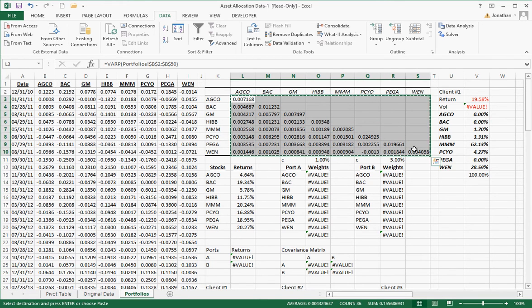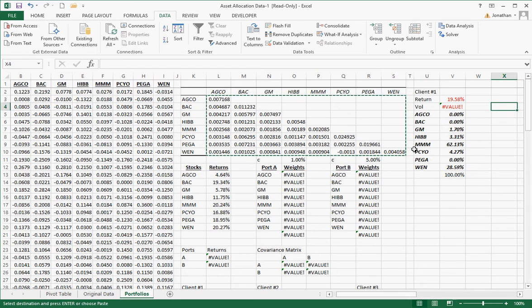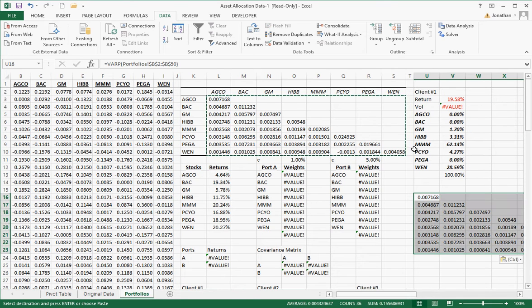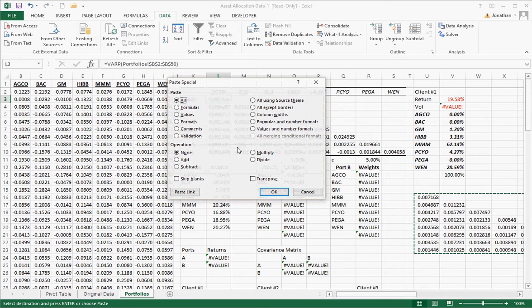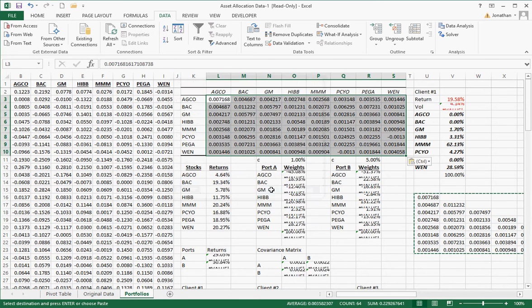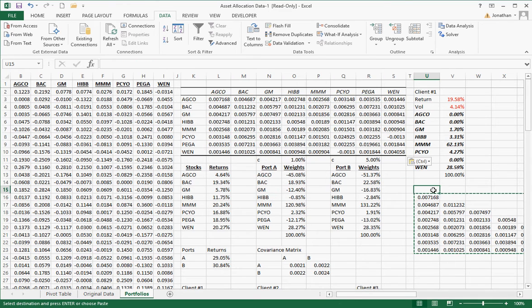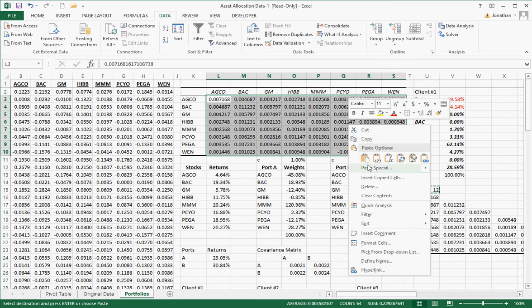So I'll copy this, and I'll go right over here, paste it, then I'll copy this again, come back here, right click, paste special, transpose, skip blanks, values, OK. I need to multiply this by 12, so I just type a 12, copy this, highlight the whole thing, paste special,